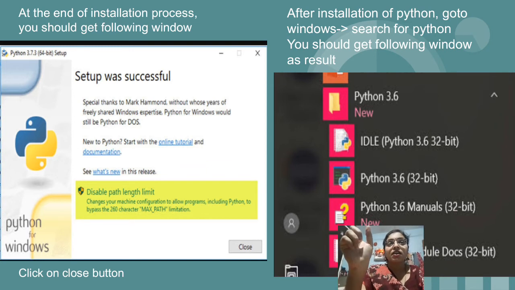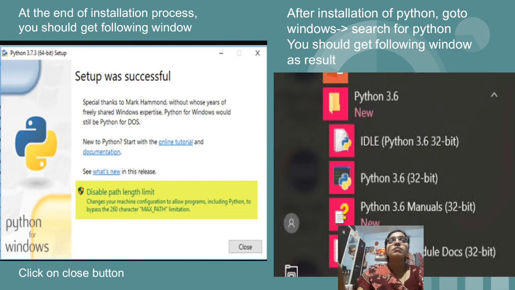Once you click on the folder, there will be multiple options, as you see in this second image. IDLE was there, after that Python 3.6, that is a CMD version, after that the Python 3.6 manual. Out of these, the first option, that is IDLE, we are going to use. Just remember that. For normal execution of programs, we will prefer 3.4. For database connectivity and all, we need 2.7. This is the reason why I told you to install that also.